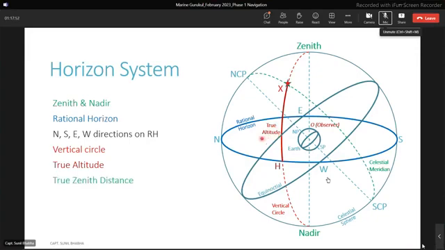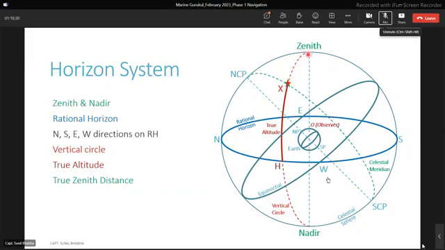Now, once we have understood the concept of true altitude, it will be very easy to understand another term, which is the true zenith distance. Now you see, if you look at this vertical circle, at the rational horizon, it crosses the horizon at point H. Then if you move towards the body at point X, this vertical circle reaches the center of the body. Now, if you go further upwards from the body up to the zenith,